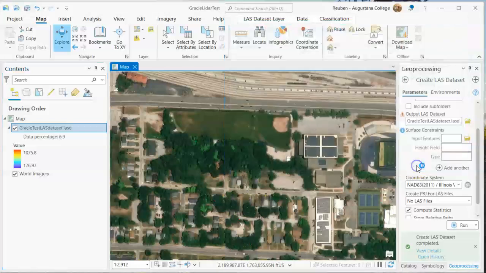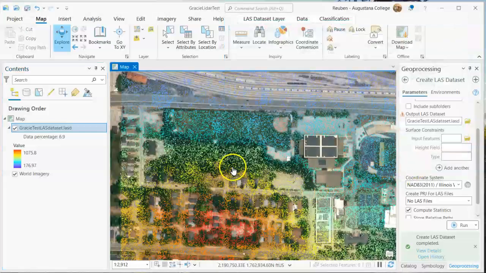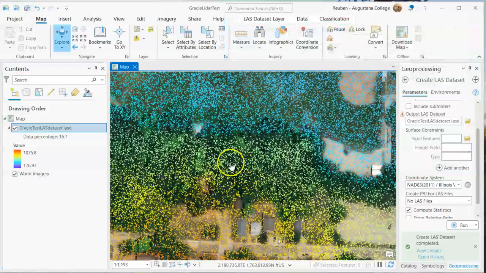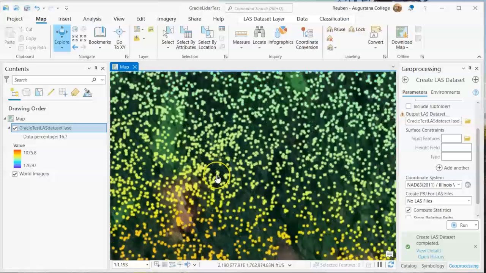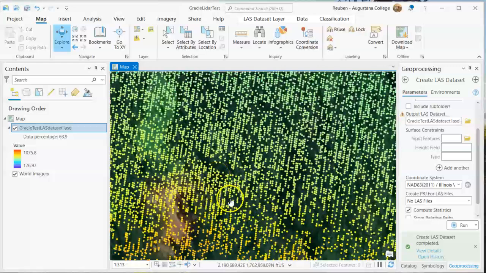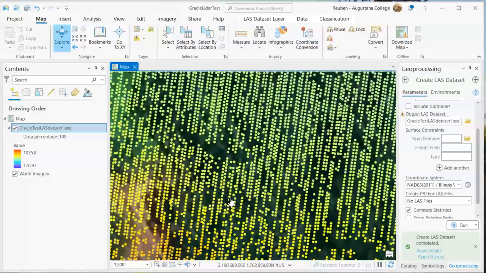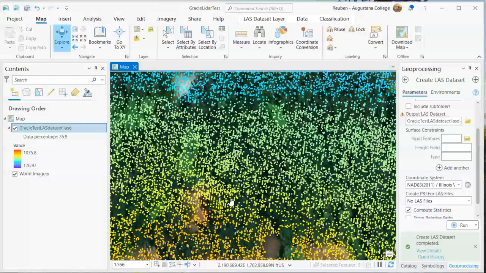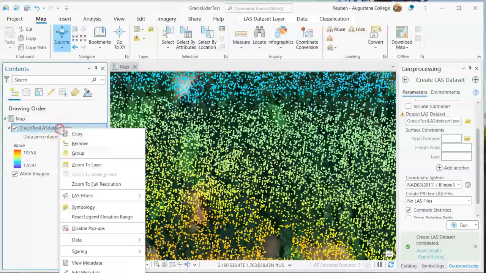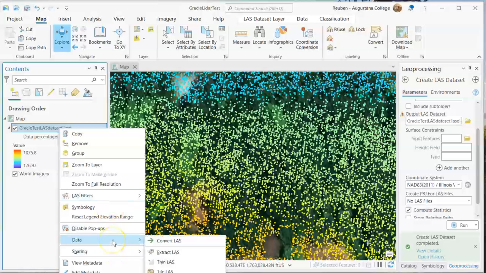Here is the ground point. Wow, this is suspicious too, Gracie, because it gives us a lot of ground. It's possible they did this in the winter, and then there are a lot of ground spots. Wow, that's a lot. I don't know if I believe it. I think they would only classify a single point. So I think what we can do is, once we have a filter made, if we go to